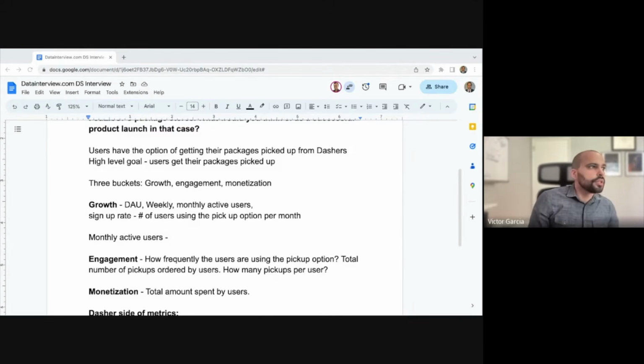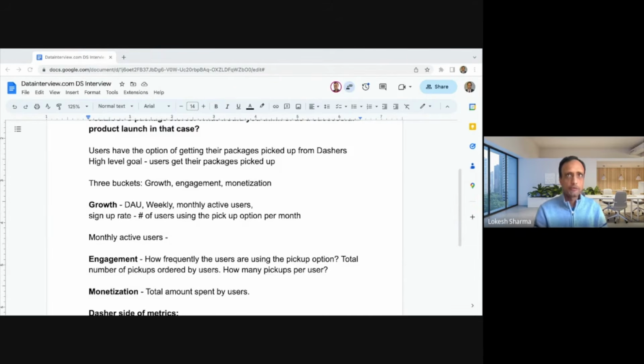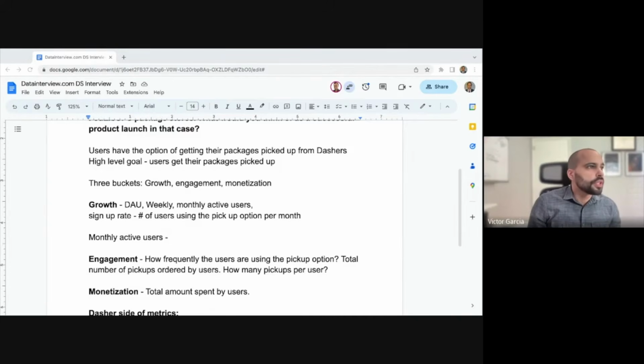Yeah, that's a good question. So as of 2023, we can say that DoorDash has already had something like 35 million monthly active users in their other products. Yes, and then this is a new feature we have launched, or is it before the launch we are understanding how best to measure the success? That's a good question. So let's do the first question first, which is before the launch, and then we'll go into after the launch.